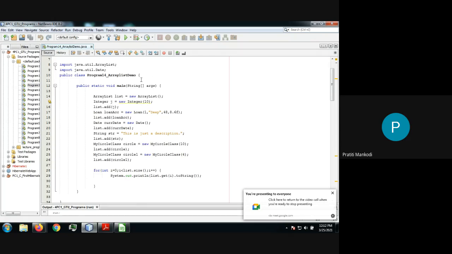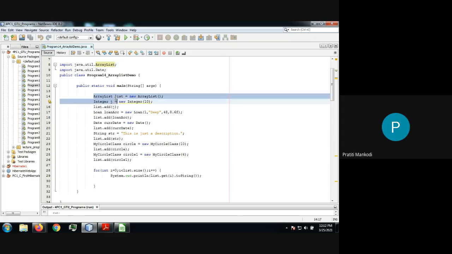So you can see here that I have created an array list. And yes, one more thing I forgot to tell you: ArrayList is not part of java.lang, it is part of the java.util package. So you are supposed to import that before using it. Now what we are doing is creating an array list. You can just create a normal array list. Right now the list is empty. There is no value, there is no size, and there is no element inside the array.